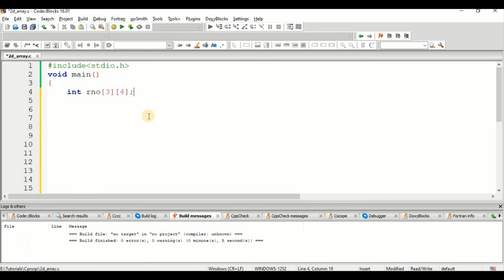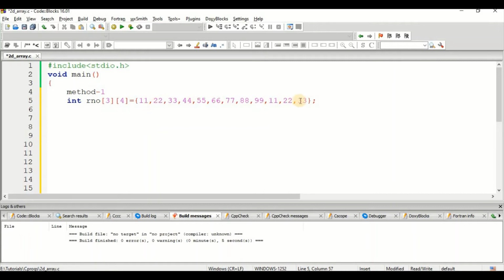If you remember the one-dimensional video, while explaining there, I explained 3 methods of initialization for a one-dimensional array. The same procedure is available for 2-dimensional arrays also. So now we will see the first method, method 1. In this method, I am going to initialize the values, and I need to give the values in curly brackets. These are the 12 values I have given.